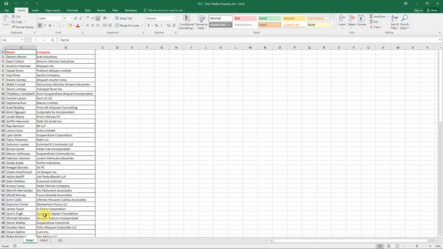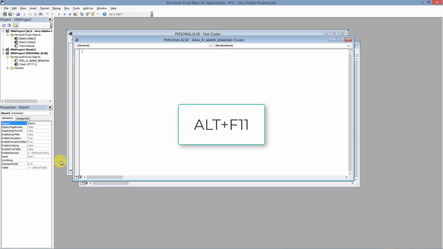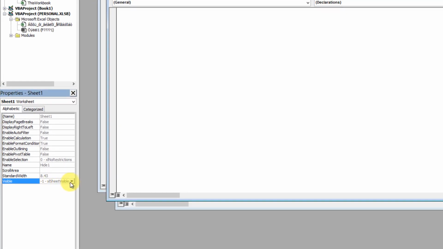It will be done by using Visual Basic. Don't be afraid, there is no need for programming, as you can see. First of all, press Alt+F11 to open the Visual Basic Editor. Look in the Project window, find the name of the workbook, and then look for the name of the sheet. Click it and notice that it displays the properties in the Properties window. Find the Visible property and click on it. A down arrow appears. Click and see the 3 property values.